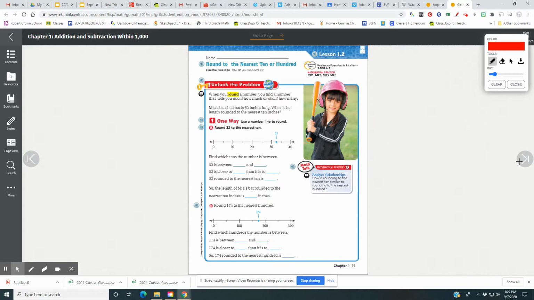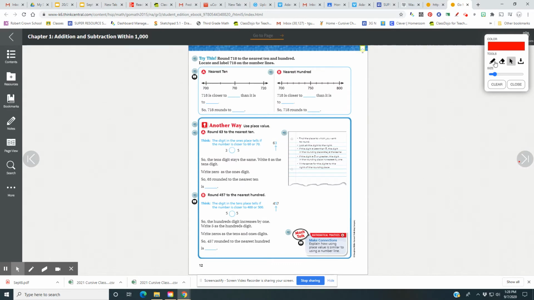Okay, so this next page, I want to see if you can do a little bit more on your own. So it says round 718 to the nearest 10 and 100. Locate the label 718 on the number lines. So here is 700. I have to round to the nearest 10 and 100. So the first time I'm going with 10. So 718